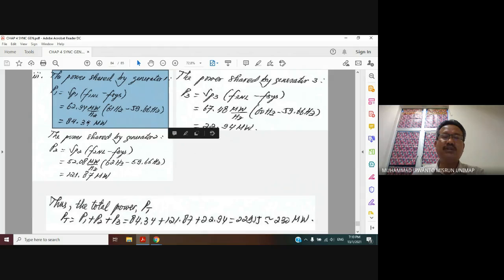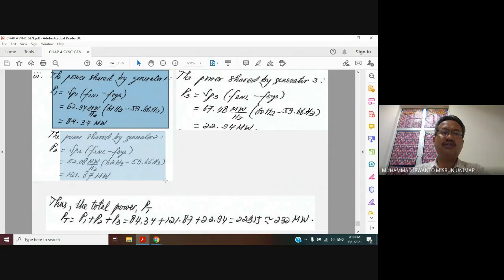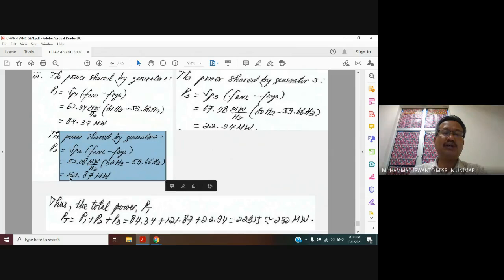Just substitute the values. The power shared by generator 1 is 88.34 megawatt, the power shared by generator 2 is around 121.87 megawatt,